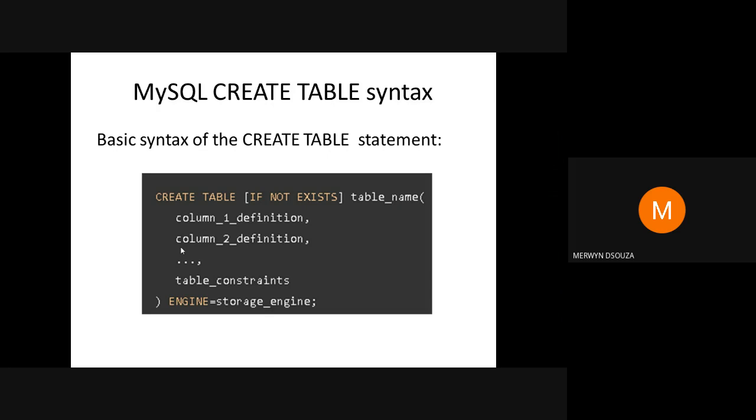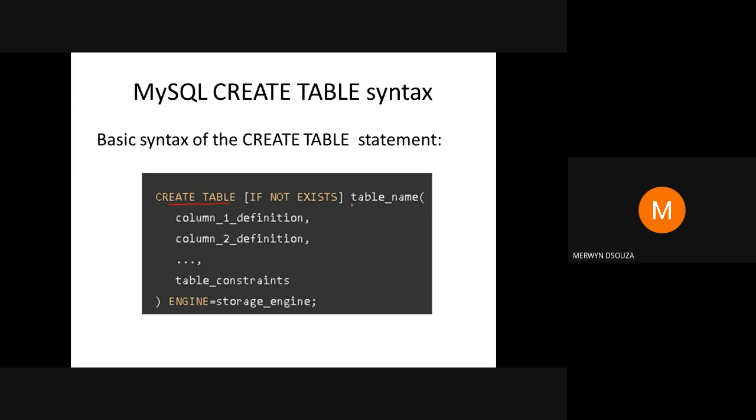So let's examine the syntax in some greater detail. First, you specify the name of the table by using this statement create table. These are keywords in SQL.